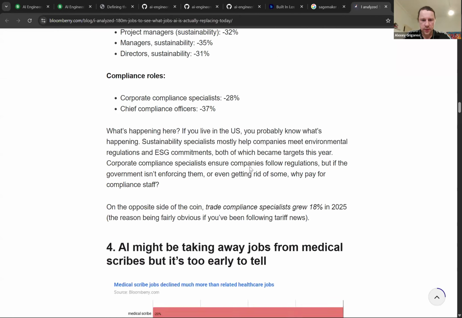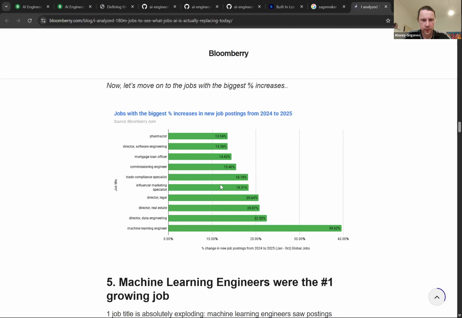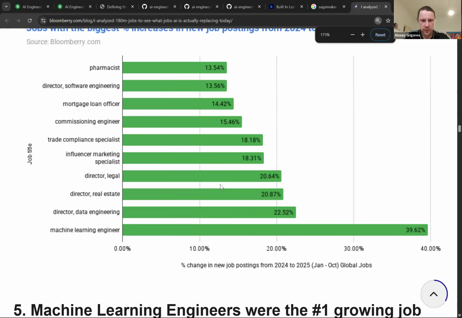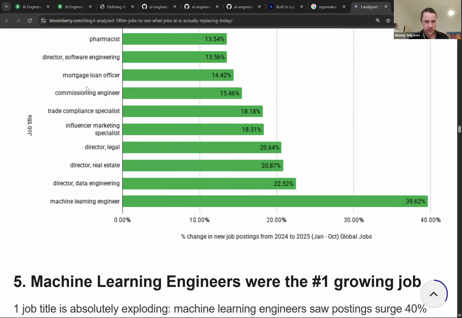Let me scroll down. I think this is the interesting part, so let me zoom in. This is a positive difference, meaning there were more positions with this title in 2025 compared to 2024. I don't know who is a commissioning engineer.